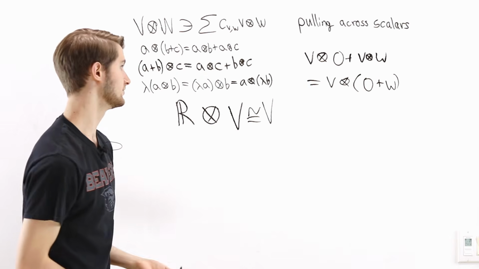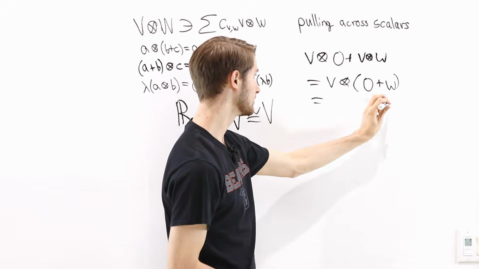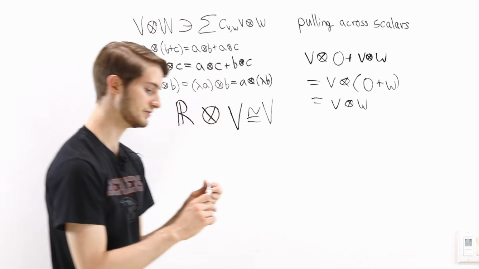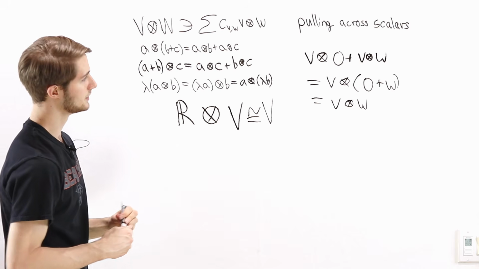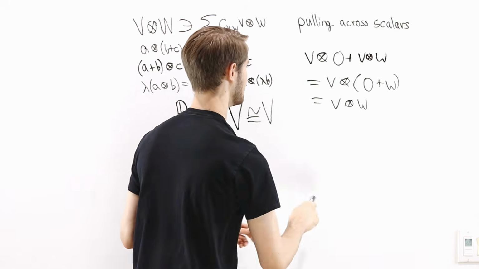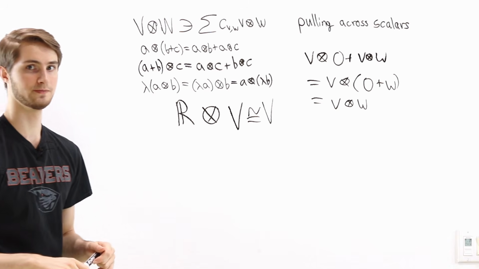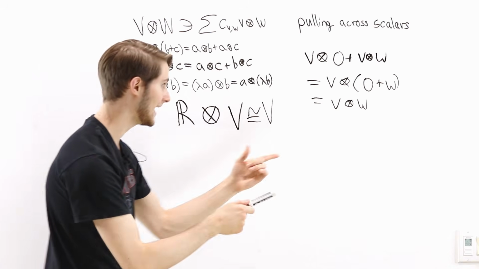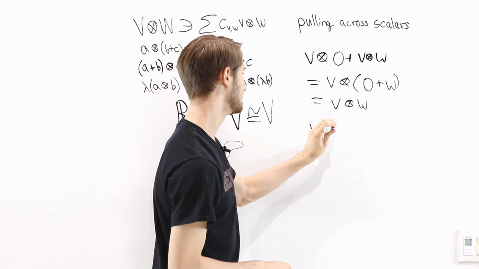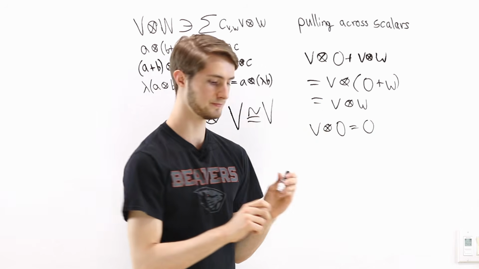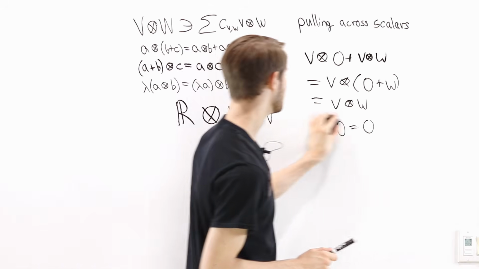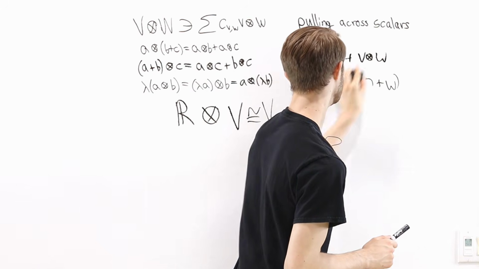But by the definition of 0, we know that 0 plus w is the same thing as w. So this is just v tensor w. So if we take v tensor 0 and add v tensor w, we get v tensor w. So if we subtract v tensor w on both sides, we get v tensor 0 equals 0. I want to show a few other fun ways that we can play around with v tensor 0 using the